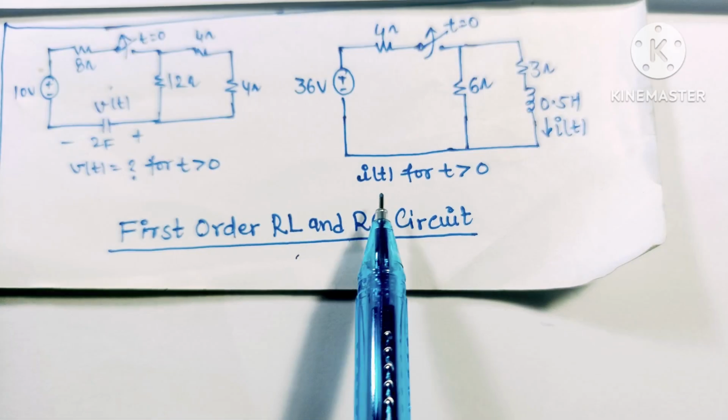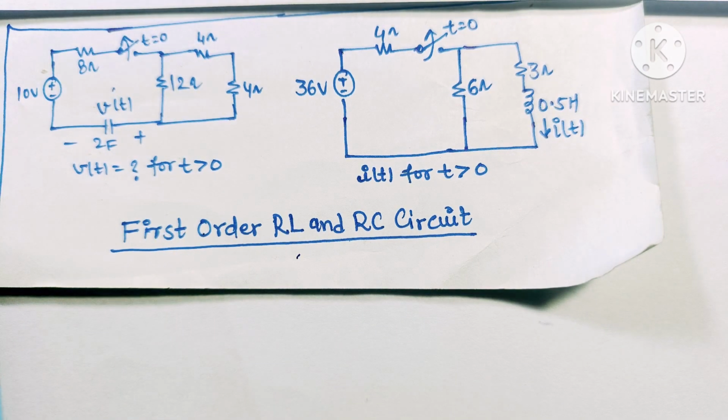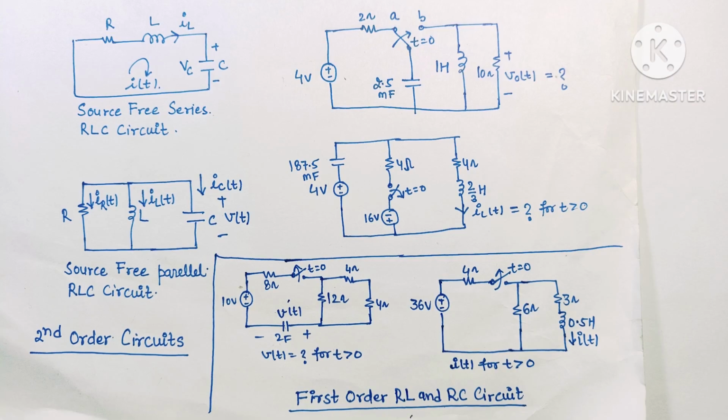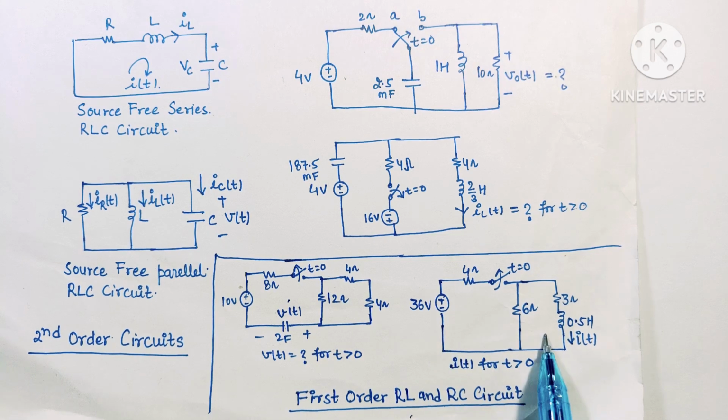So we have seen this type of circuit in our previous videos. If you want to know how we can solve this type of circuit, then go through the videos I have uploaded in previous sessions. Now we will see how we can solve a second order circuit. First of all, let us see what a second order circuit is. In a first order circuit, our circuit was made of only two elements, that may be resistive and capacitive, or resistive and inductive elements.